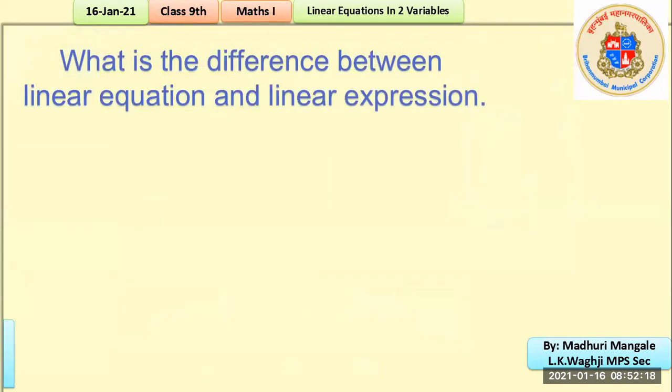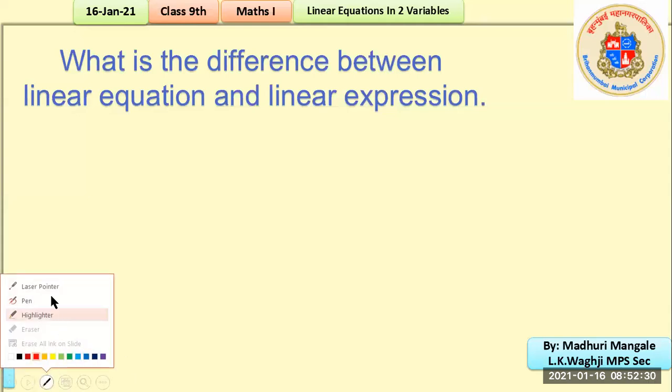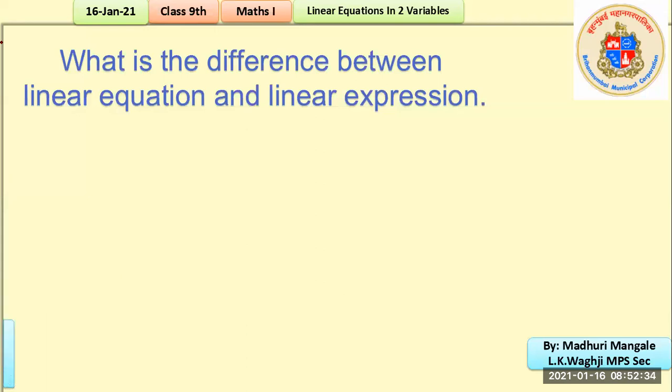Now, a very important question is, what is the difference between linear equation and a linear expression? So, as we said just now, the very important thing for it to be an equation is the equal to sign. So when we say equation, it should have an equal to sign, and when we say expression, it doesn't have that equal to sign. Okay, so if we look at this example,